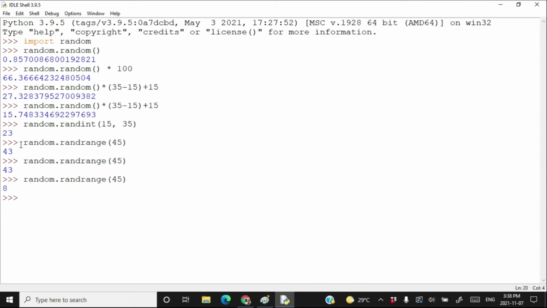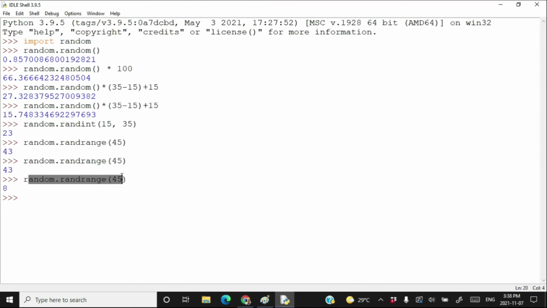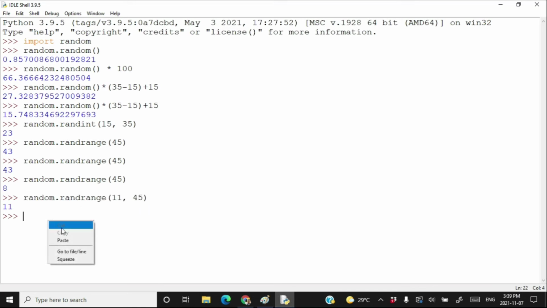As you can see, different executions have high probability to give different numbers. If you want to generate a random number between 11 and 45, you need to call randrange like this, using the starting point and ending point as its arguments.